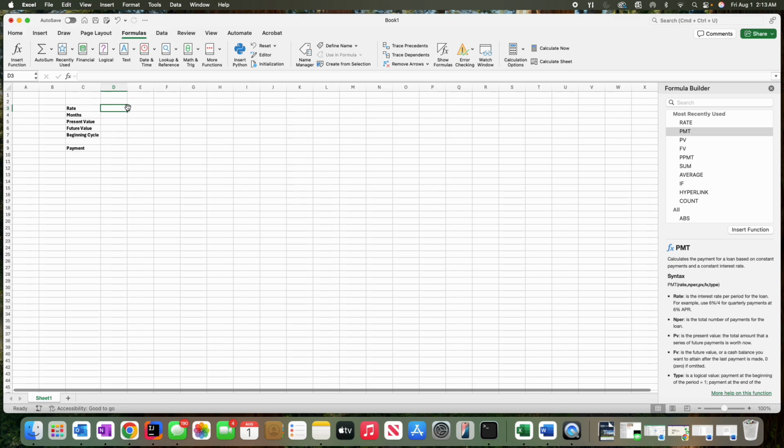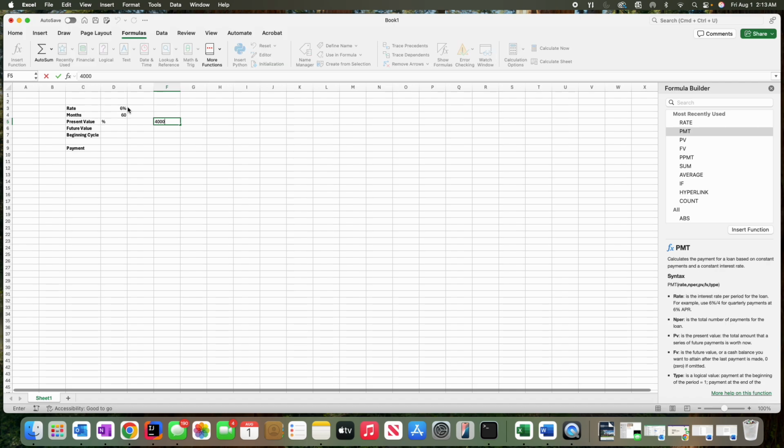and I'll fill these values in my spreadsheet, and then I'll reference them in my formula, and you'll see why I'm doing that in a second. So let's say, what's the going rate on a car loan right now? Maybe it's 6% interest, right? The number of months that I want to pay is 60 months. The present value of the vehicle, well, I want my friend to have a nice vehicle, so I'm going to say